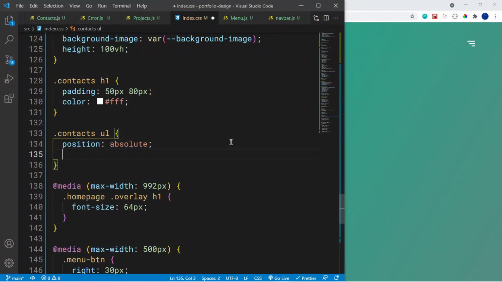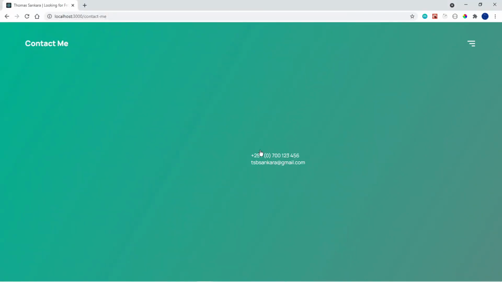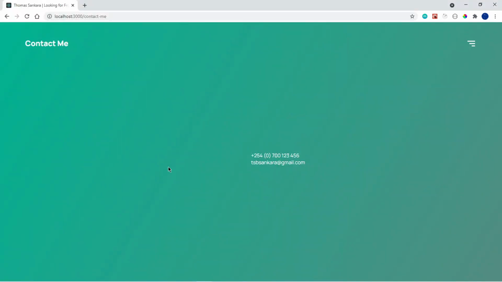Now once we do that, then I want to say position to the left by 50%, like so, and then position to the top by 50%, like so. And notice that it is not technically to the center, even though it is 50% and 50%. That's because the left of 50% begins right around here, this is the center of the screen, and then a top of 50% begins right around here. So technically this text is set to the bottom right,